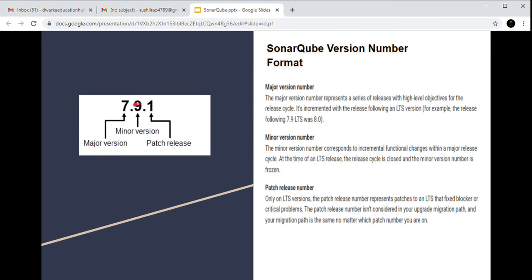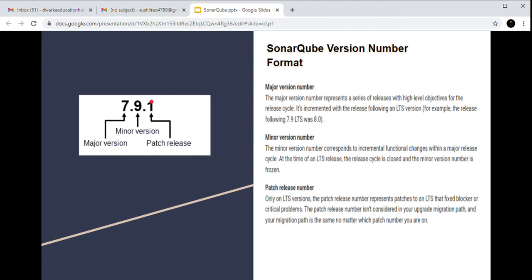So what exactly does the version mean, and when do we need either the patch or the entire update of the entire SonarQube application? Versions are very important because you may be using a previous version of Sonar, and newer versions come along with updated vulnerabilities and an updated database. Either you can update it, or you need to just update the packages as well.